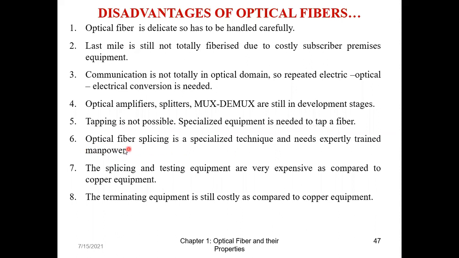Then one of the most important things, this particular word, you are new to it, but please remember: splicing of fiber. Now, what is optical fiber splicing? I manufacture a fiber. How much length of fiber cable can we manufacture? Suppose the fiber is available in a bundle, and that bundle comes to us and then we install it. This is called a spool of fiber. Spool, S-P-O-O-L, spool of fiber.